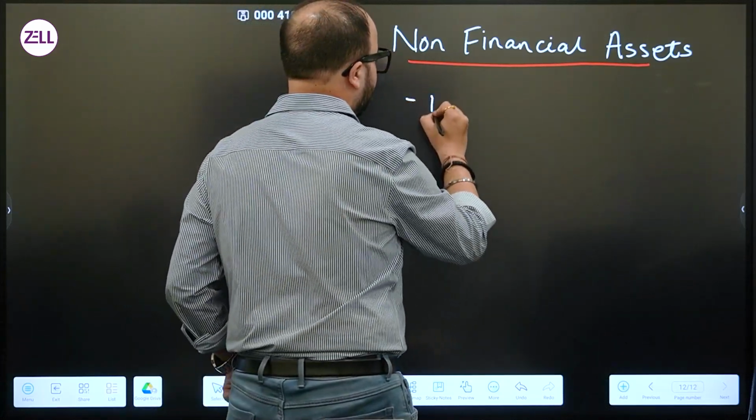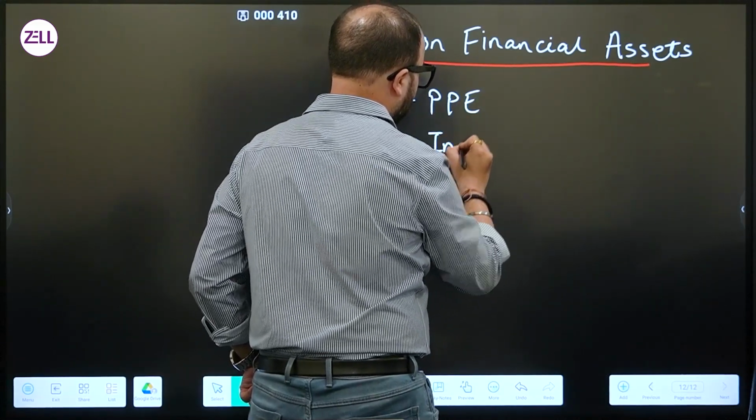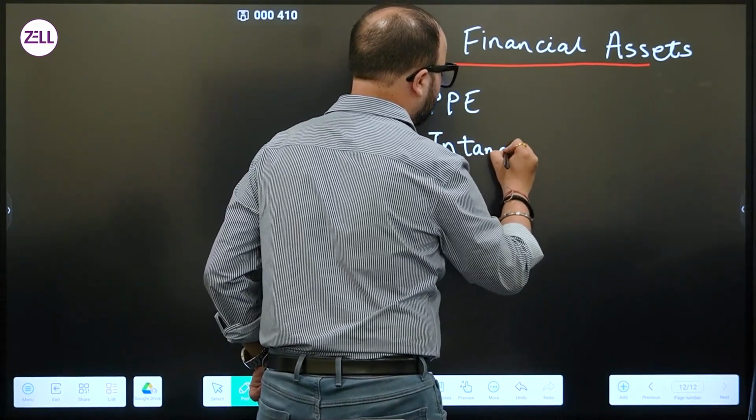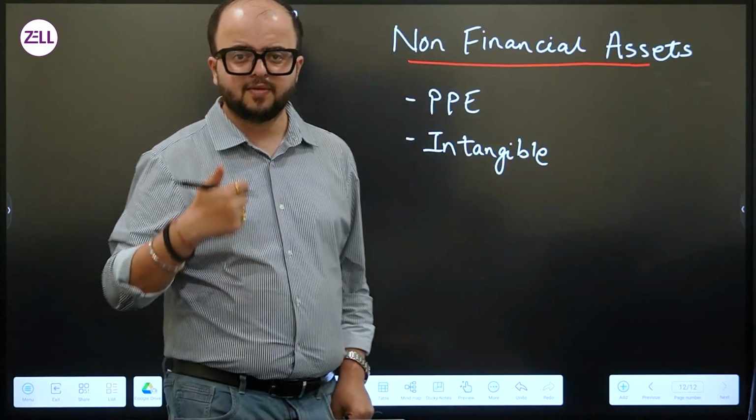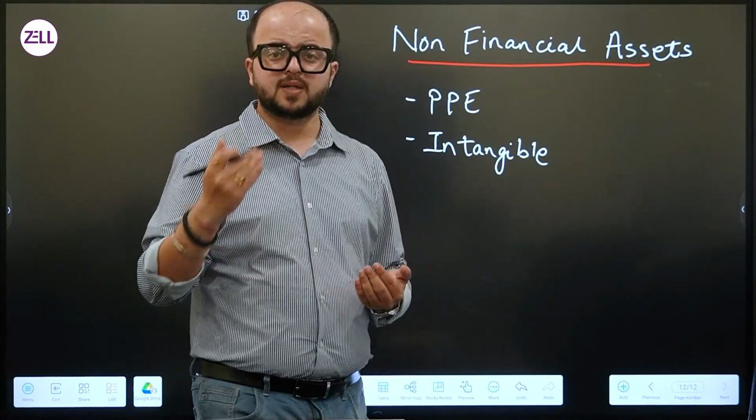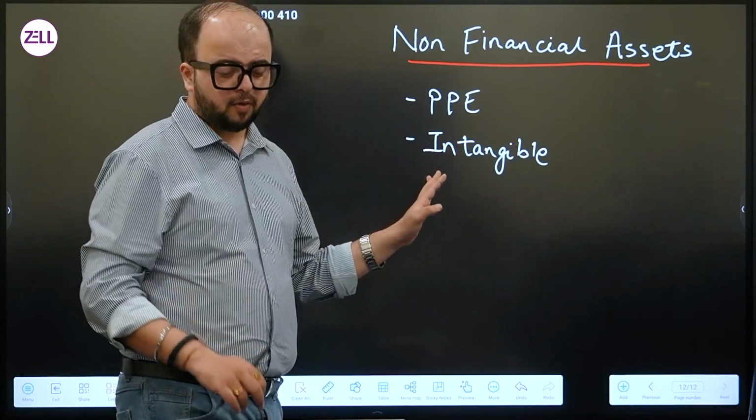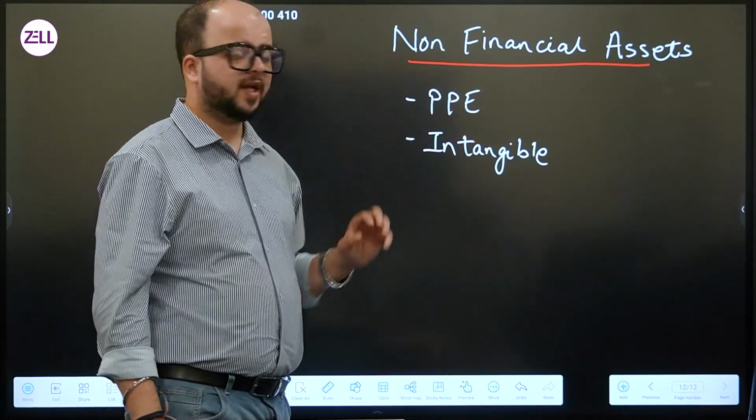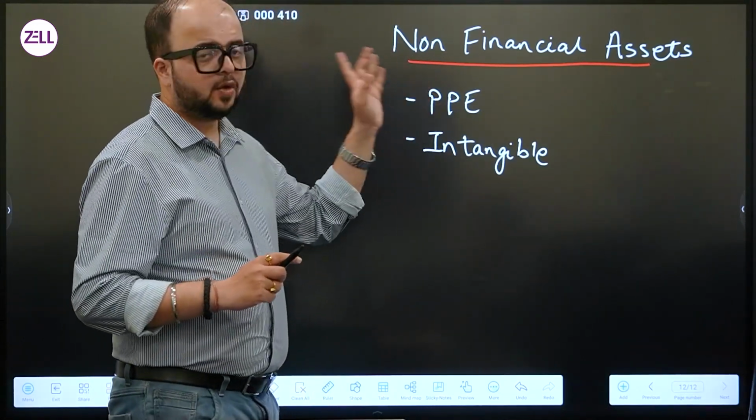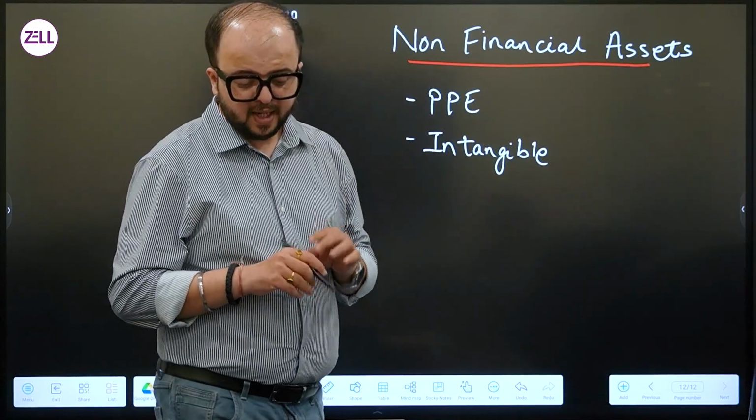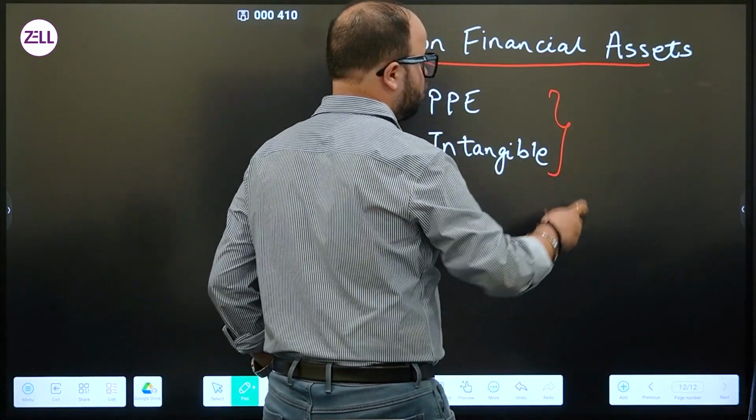Items like your property, plant and equipment, and items like your intangible assets fall under the category of non-financial assets. Financial assets are your investment in equity, investment in debt, your cash, your receivables. All of these fall under the category of financial assets. Now, what does IFRS 13 say with reference to the calculation of fair value of non-financial assets? It says that the fair value of a non-financial asset should be